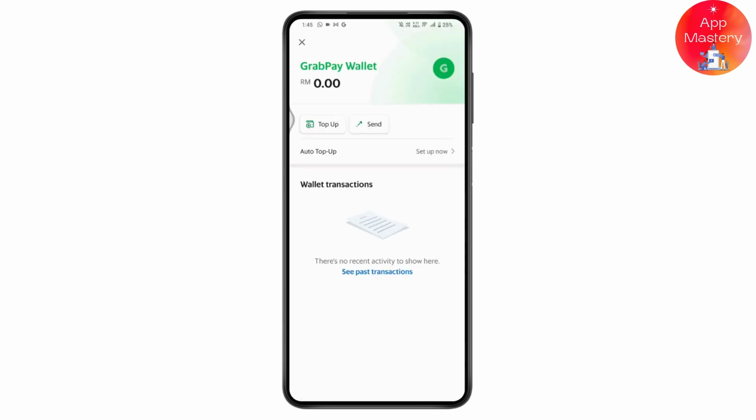And once you've created your wallet, now you can simply tap on the send, and you'll be able to add a payment. So make a payment to the account that you would like to pay. So that's how you can transfer money from Grab to bank